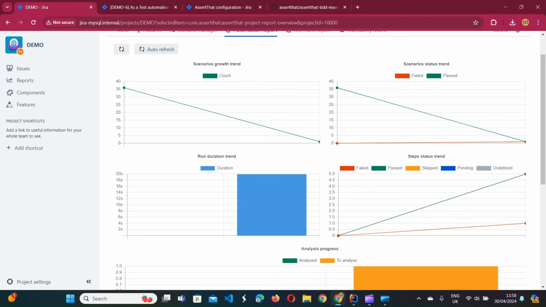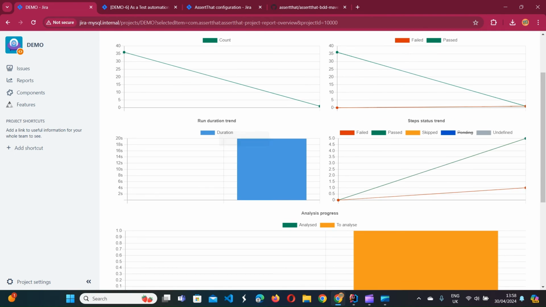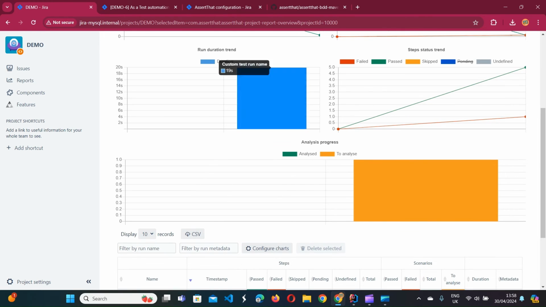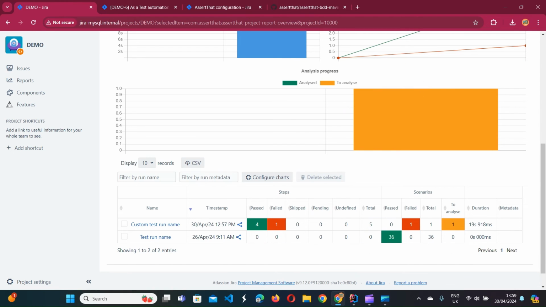Step status trend as well, which is a bit more granular based on the skipped, pending, undefined statuses as well, some of which can be switched off for more detailed reporting. And run duration, just a useful metric to keep an eye on, especially when you're executing UI tests. Analysis progress tells you how many failed scenarios were analyzed and categorized in each particular test execution.